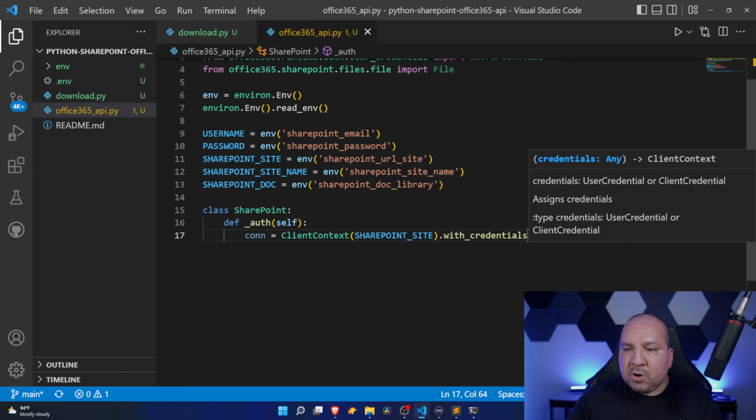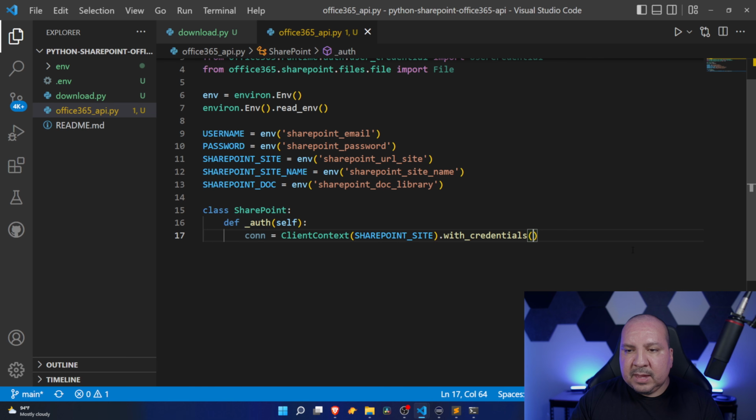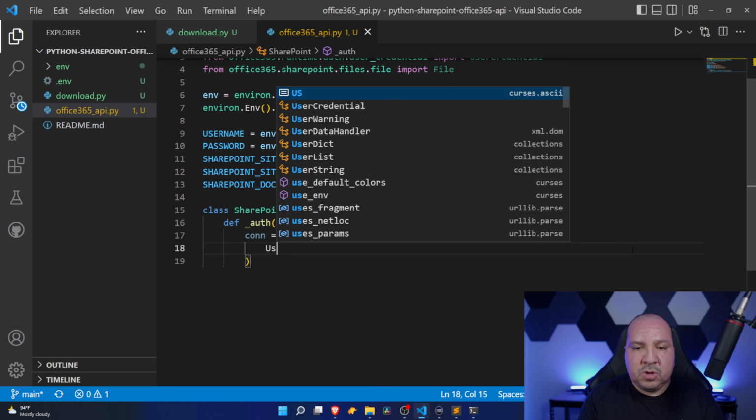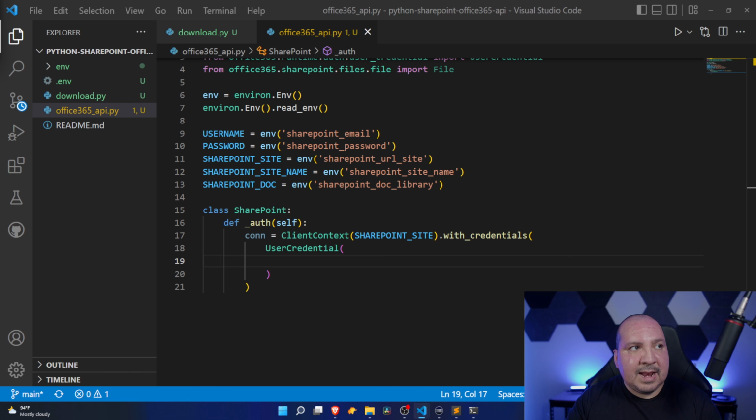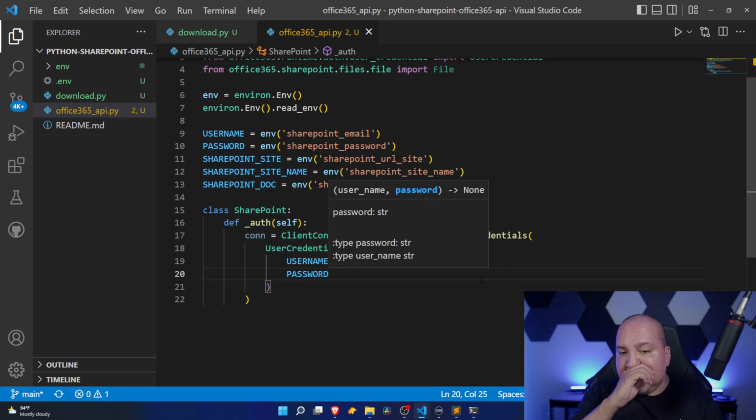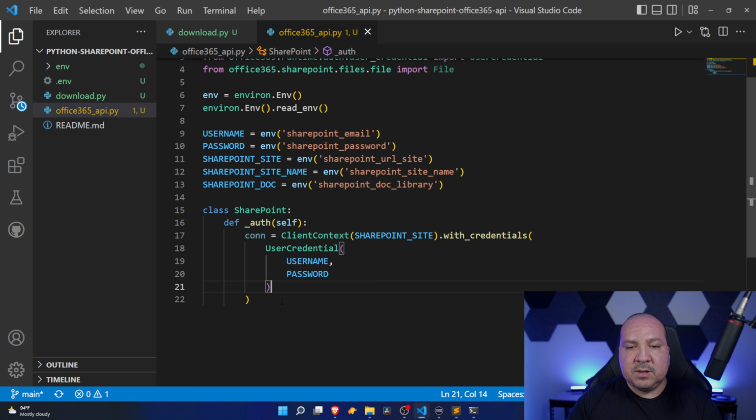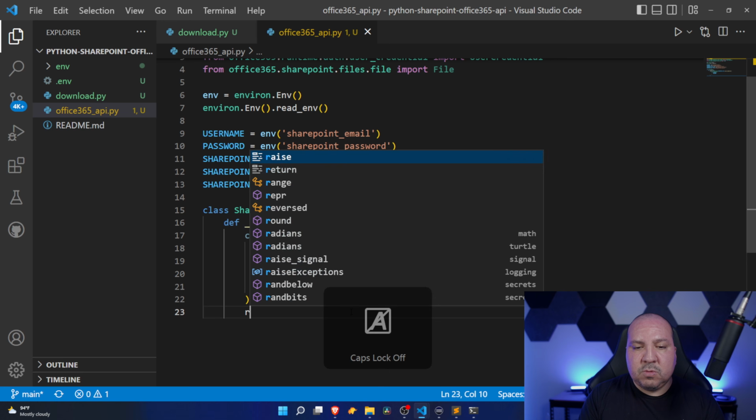So now that I do that, see where it says right here, credentials, user credentials. So that's what we're going to be using in here. Let me go ahead and enter, and it will be user credentials. And then this class takes in 2 arguments. The first one is username, and the second one is password. So we're passing those 2 in. Ultimately, once we pass all of that in, we'll get back our connection to the site. All right, and we need to return that. So this would be a return